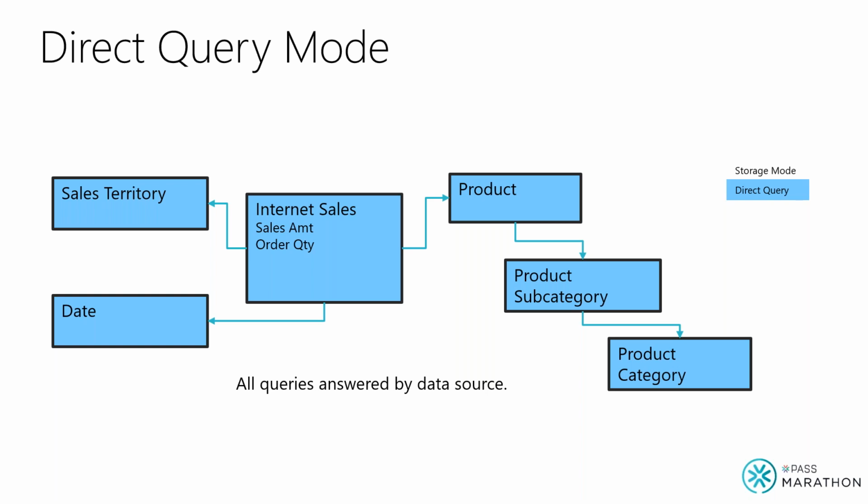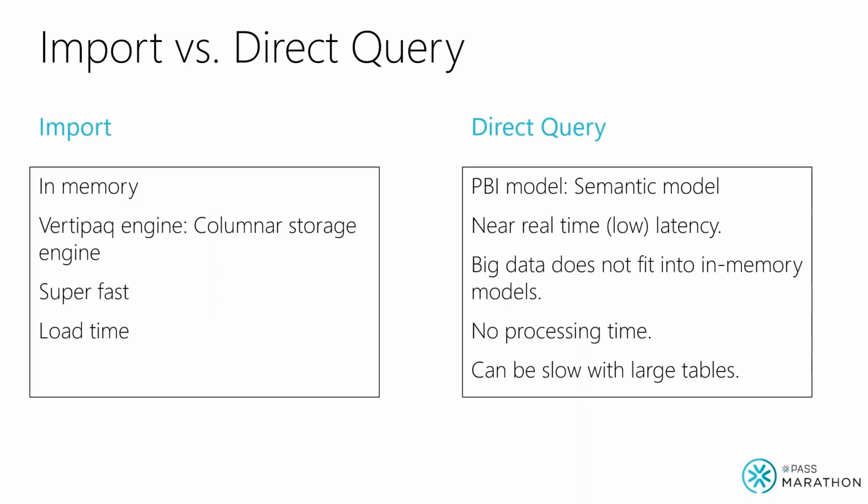And if this is a large data set, it's going to take longer. So if you put import and direct query side by side, they each have their pros and cons. Typically, you want to go with import because in memory is faster. However, there is a load time because you're copying data over, right? And now you also lose the near real-time requirements. So if you're working with a data set that needs to be up to date, almost near real time, then you have to go with direct query. That's the main use case for direct query.